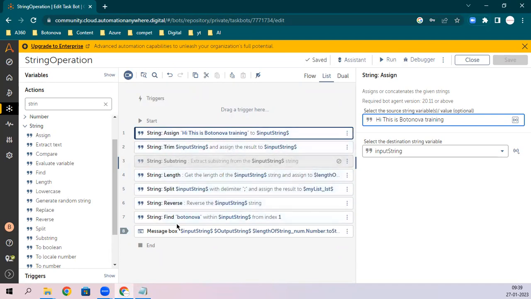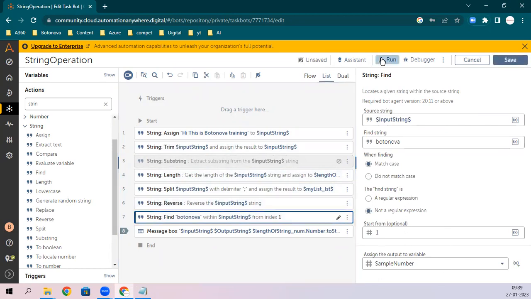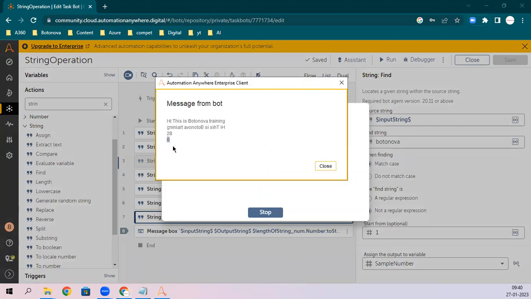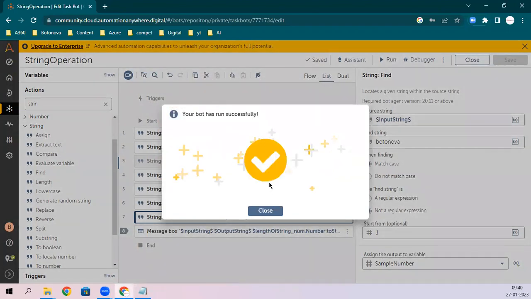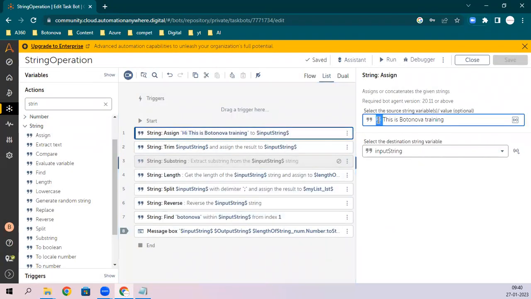Okay, so this is find, and if you match the casing, now tell me what would be the index, because it will not find the small casing. Because I matched the casing, and in my input we have an upper case, what will be the output in the sample number if something is not found? Maybe -1 or 0. Right? So it would be 0. 0 means not found. So never get confused that 0 means 0 indexing, where indexing starts from 0. It would be 0. That's why, as I mentioned initially, this is starting from 1. If you are getting output 0, it means it is not able to find that string.